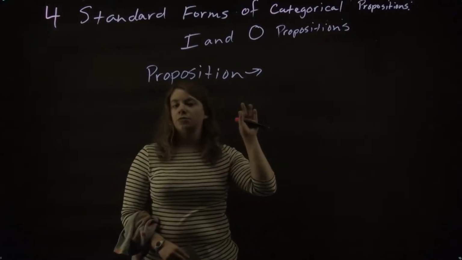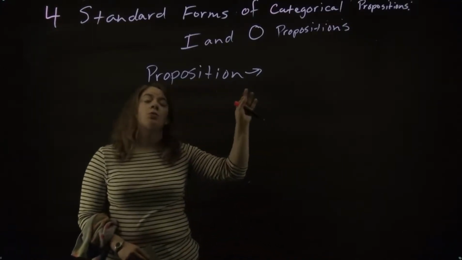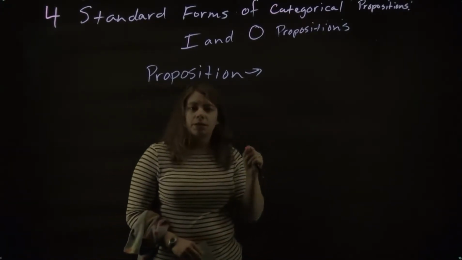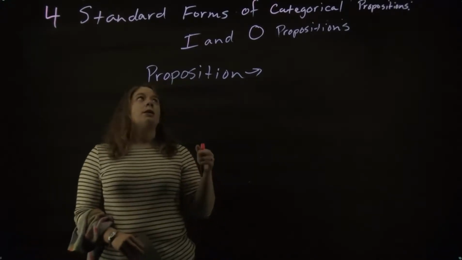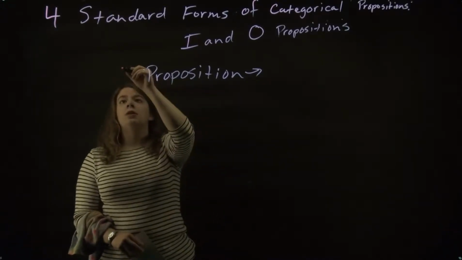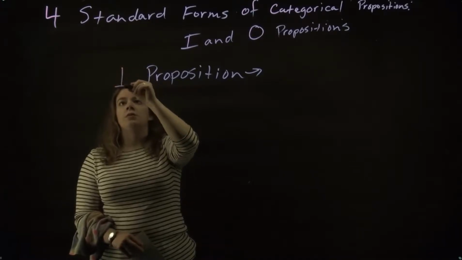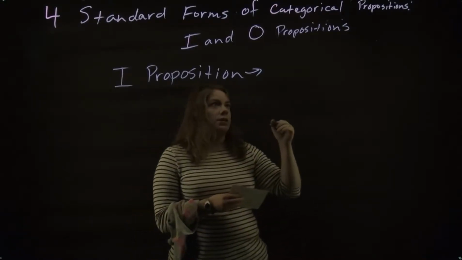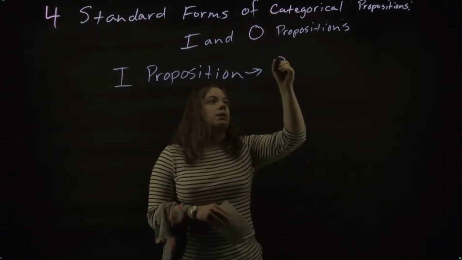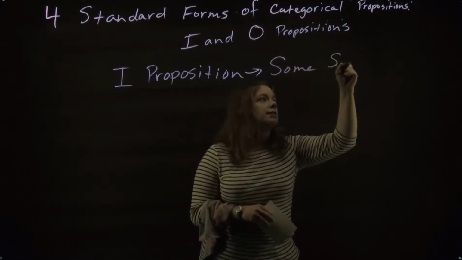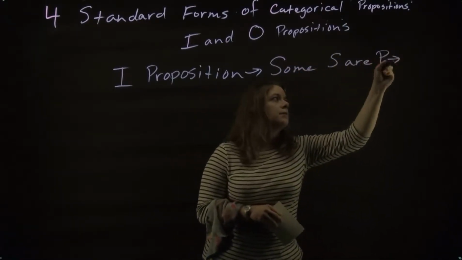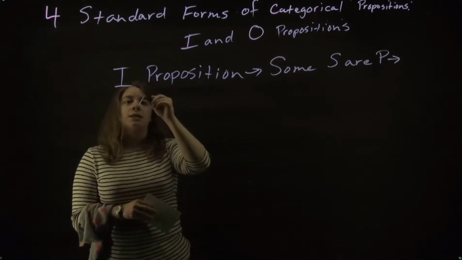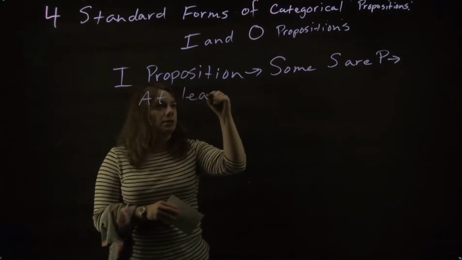The next and last two forms of categorical propositions are specifically what we would call, in terms of their quantity, particular propositions. So the first sort of proposition we'll refer to is the I proposition. The form of this particular proposition will be Some S are P. In other words, what these propositions are saying is at least